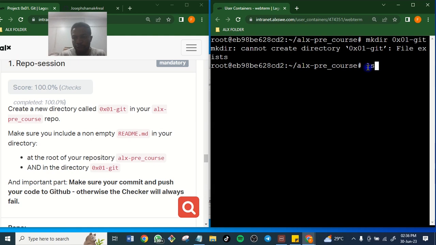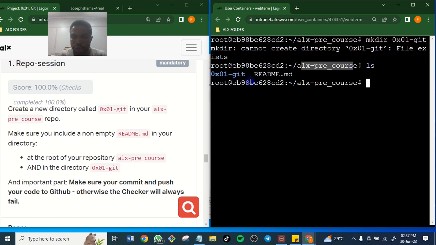I'm doing that so that you know how to create this directory. I would have just skipped that stage. So let me check with ls whether I have the directory. You see, the directory is already in my current root, and this, these readmes.